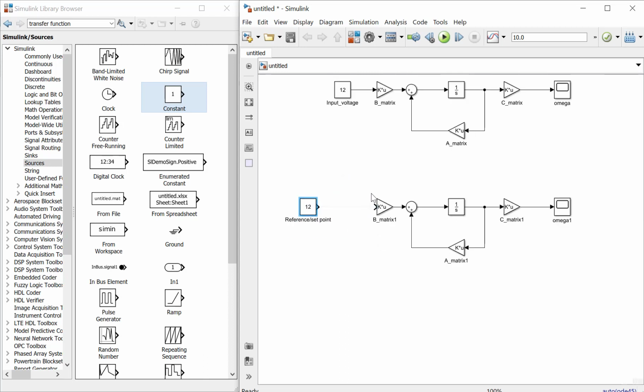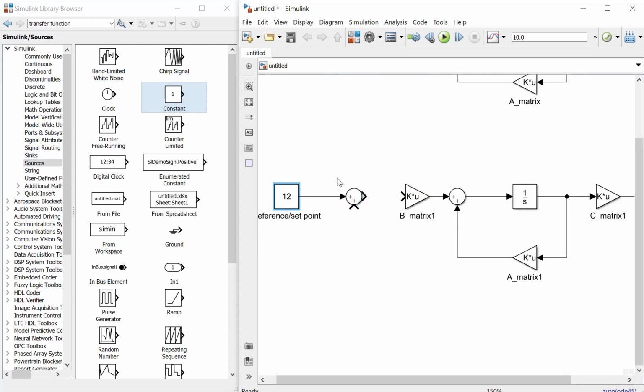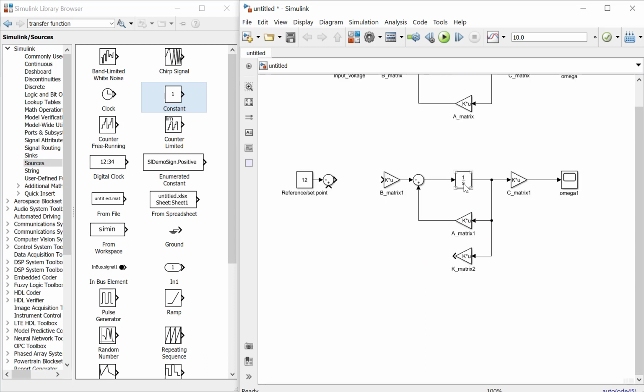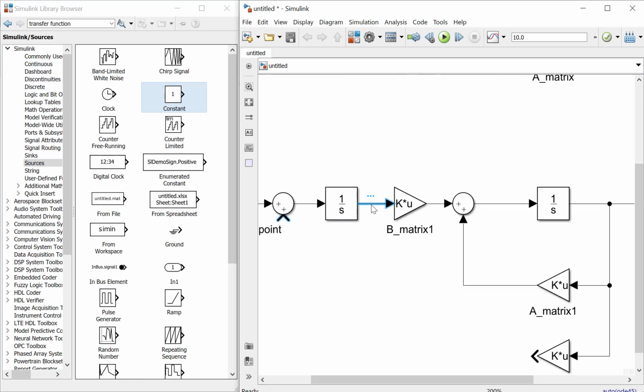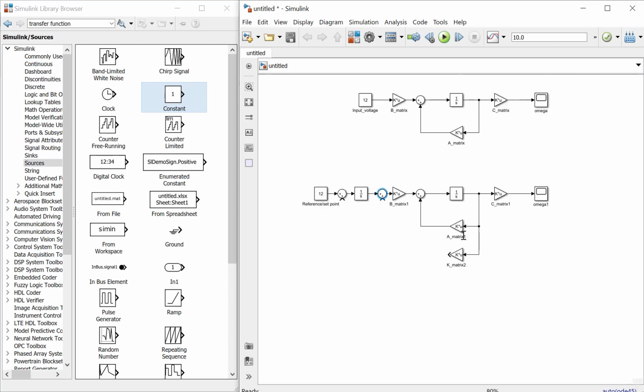Okay, and then we need to add the K matrix for the state feedback control here, and then we need to add some integral, and we need to add the state feedback here.